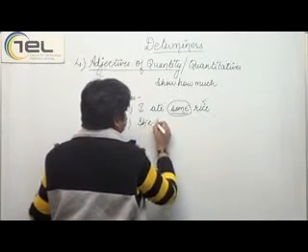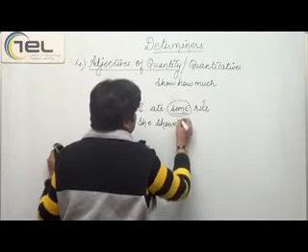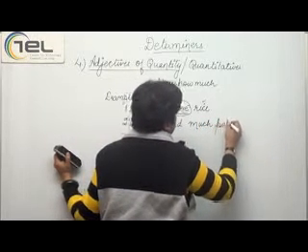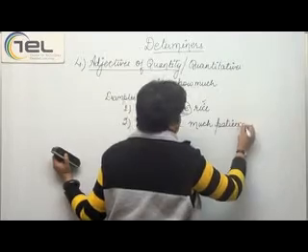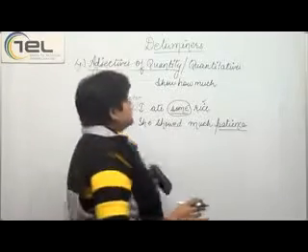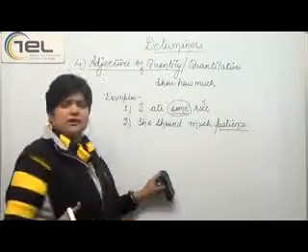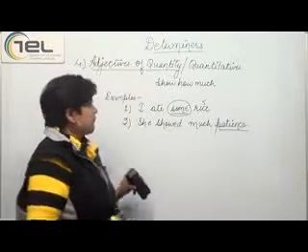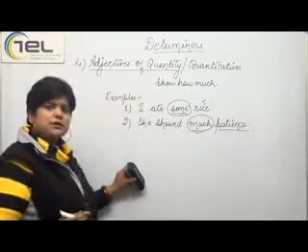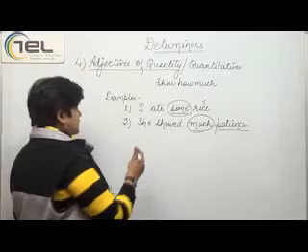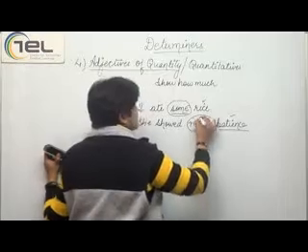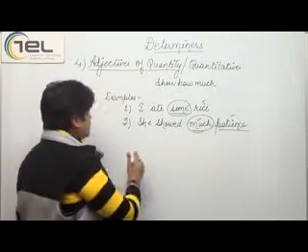Next comes, she showed much patience. Now the noun here we have is patience and it is an abstract noun. Now with an abstract noun we cannot use many, we can only use much, right? So much is the word that shows the quantity of patience showed by her. So she showed much patience. Here patience is the noun and much is the quantitative that we have used.